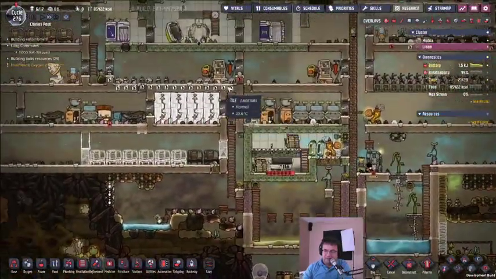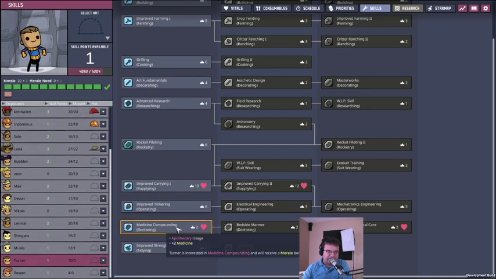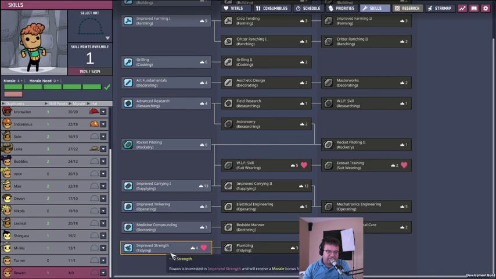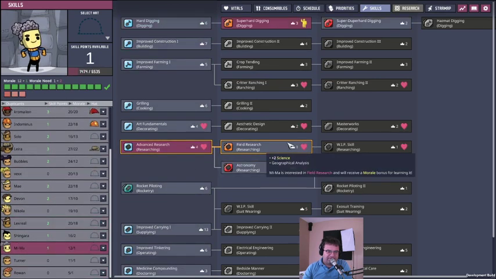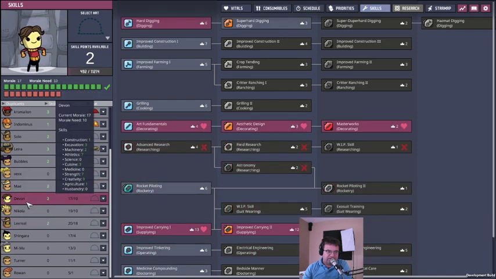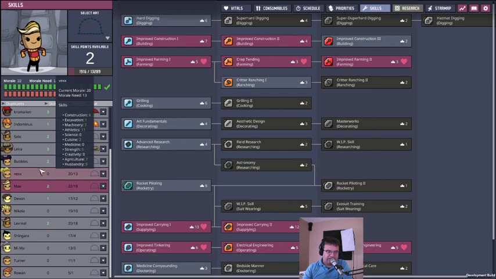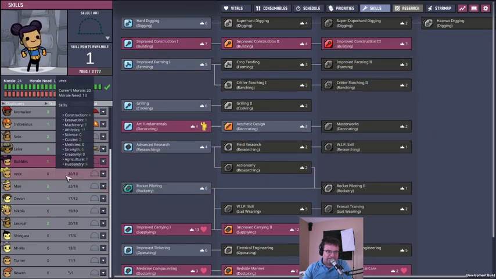Let's check our skills again. Ooh, we could use another doctor. Yeah, we're gonna do that. Can never have too much hard digging. Yeah, we'll do some field research, and then Mima is going to do astronomy next. No, Devin, you're okay. We'll improve your digging, but I'm only going to do one. Bubbles, doing quite nice. We'll get you construction, and that's...